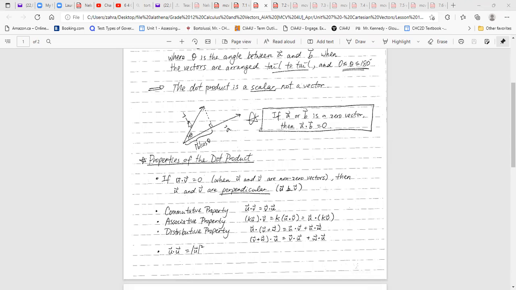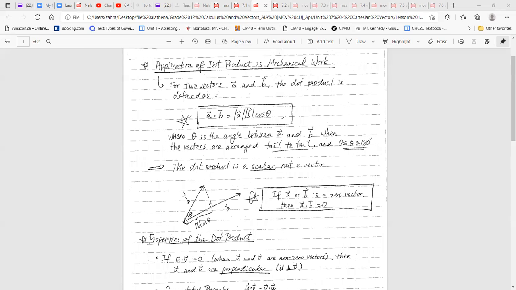Now, if you want to look at this picture to see what exactly the dot product is, this is B, this is A. If you find the image of the vector B on A, this is that side. Using trigonometry, this side is going to be your adjacent, right? So cosine theta is equal to adjacent